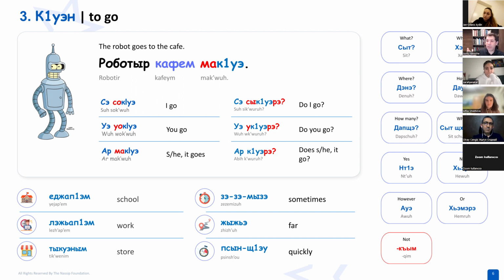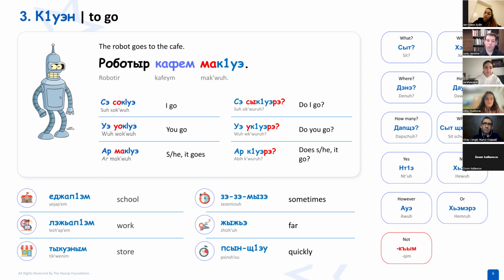There is something that can receive the action of the verb. Reading, I read a newspaper. I read the news. I read a book. This is a transitive verb. To go, and it may sound confusing because we think of transit as like movement. To go, there's nothing that receives the action. I go to work. Work does not receive the action of going. It's a place that you go, okay? So if it's a